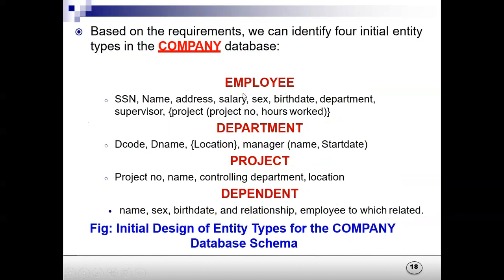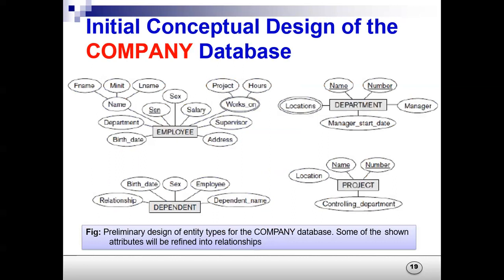So this will somewhat look like this one. Please take a screenshot of this page. I'll show you the diagram then. See, these are the entity names, and these are the attributes, the properties. These are the complex attributes, because they are under this parenthesis. Again, location is also complex. I think everyone has taken the screenshot of the last page.